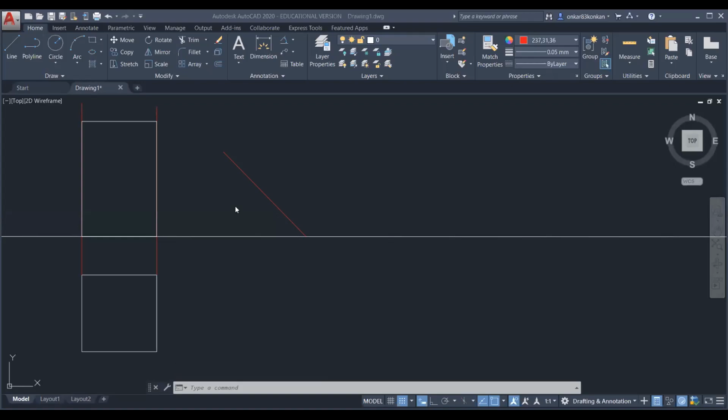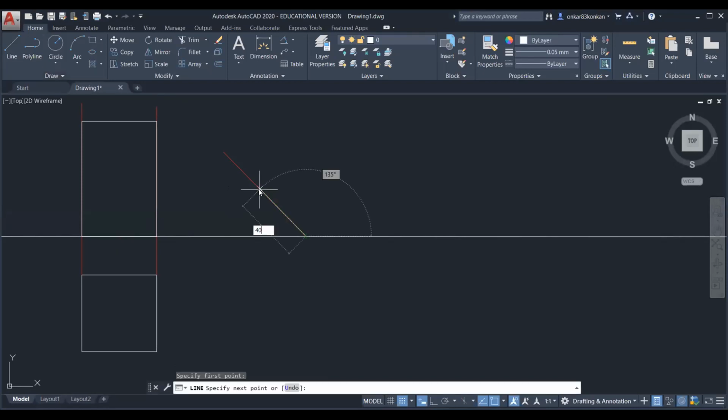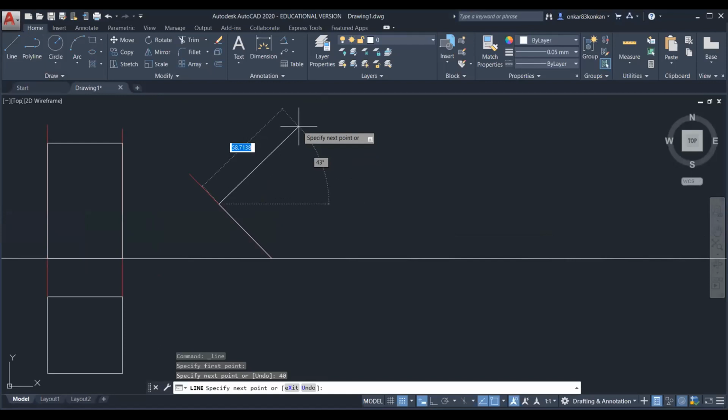So draw one line at 45 degrees that will represent the line of the base edge. Okay. On this line, just draw the base. So that is 40 mm. And then complete that rectangle. So first stage front view and second stage front view will both be the same.